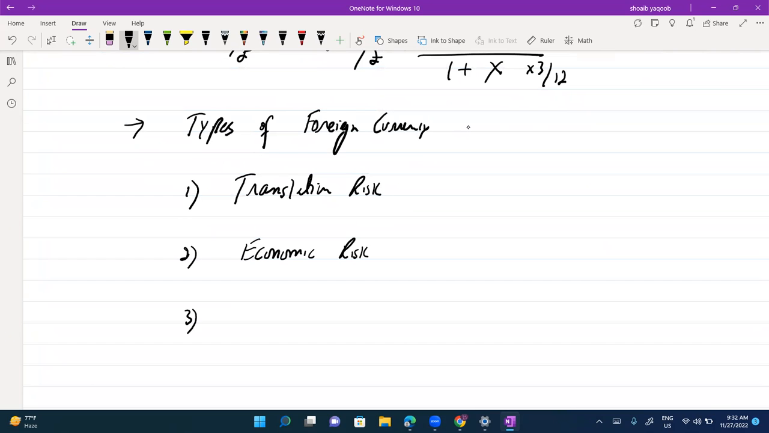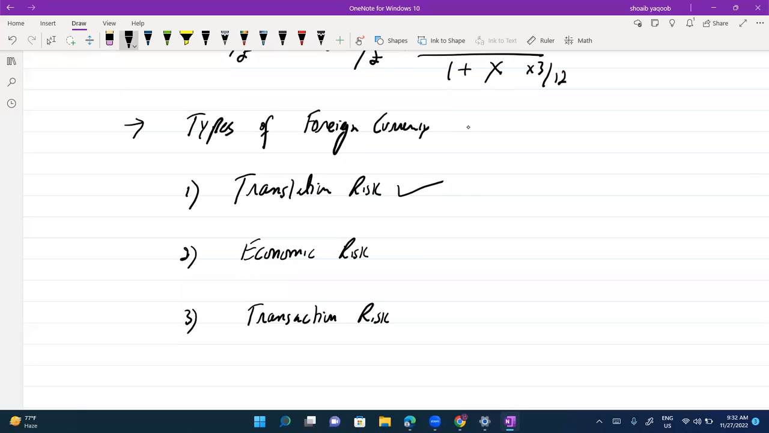Number third is transaction risk. Transaction risk is all about related to the consolidation. If you have a foreign subsidiary and the foreign subsidiary currency is depreciating, for example, you have opened a subsidiary